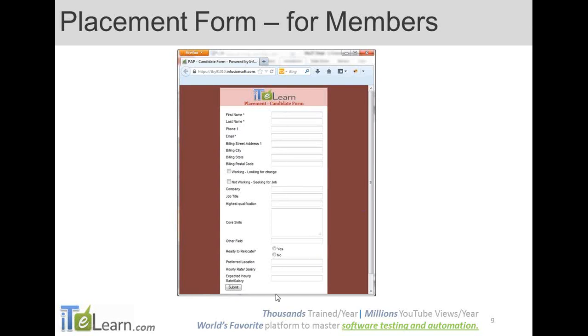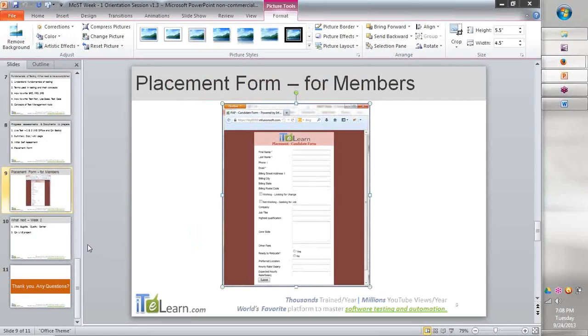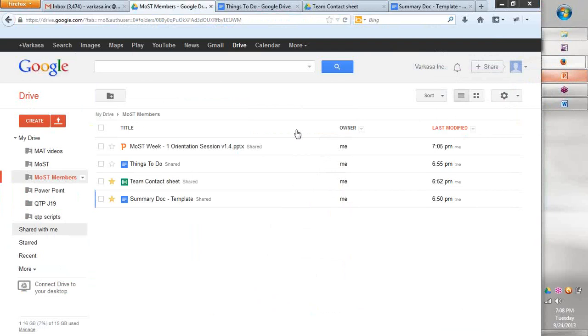Even if you are not fully prepared, that is fine, because the end is you're not learning this for pleasure. You're learning it for the career placements and so on. So there is a huge activity that we're doing in this section, and we want to make sure that we start collecting all the information early on. Okay, so please focus on that placement form.